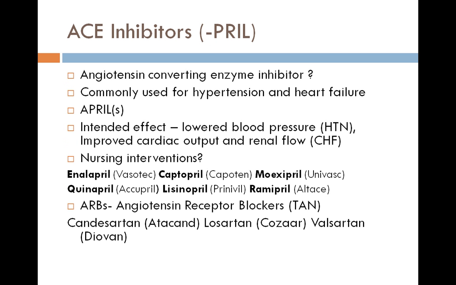So the first medication that we are going to discuss today, the first drug class, is ACE inhibitors. And as you see up here, we have PRIL in parentheses because most of your ACE inhibitors will end in PRIL. ACE stands for angiotensin converting enzyme. And so why do we want to inhibit angiotensin? I know everybody remembers that, but we want to stop the conversion of angiotensin 1 to angiotensin 2,